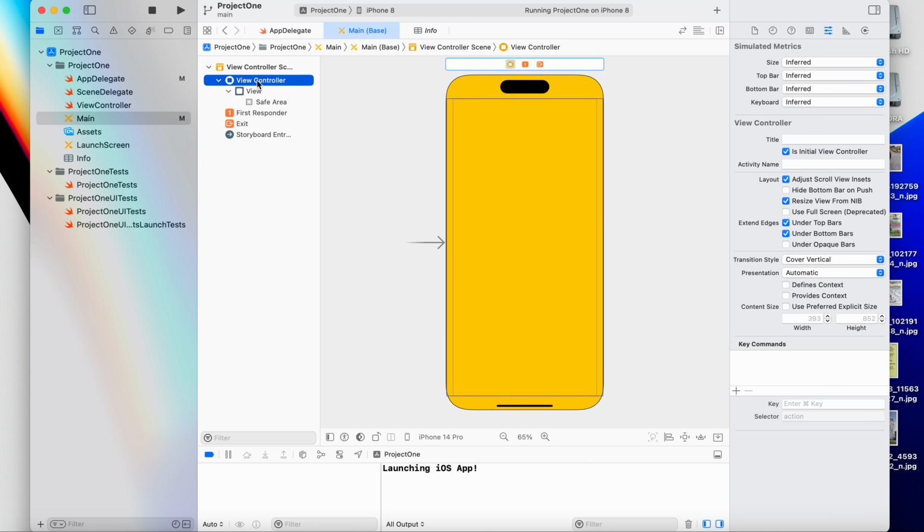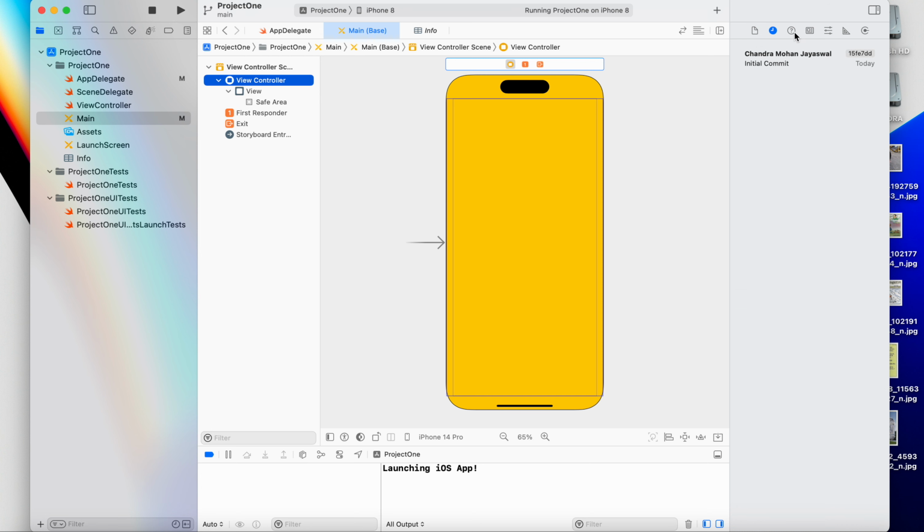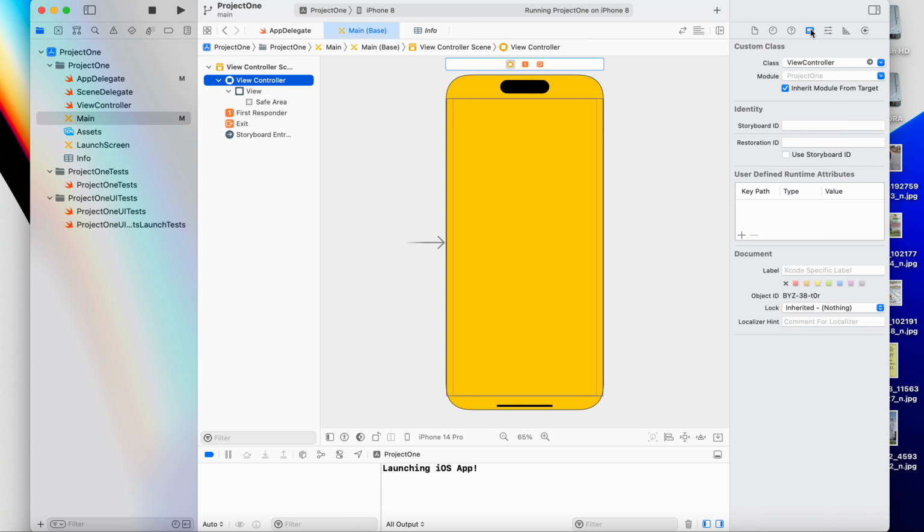I have clicked on view controller, and let's see here. Nothing we need to know right now in this section, and again nothing to know here. Now here, see, in the fourth tab,